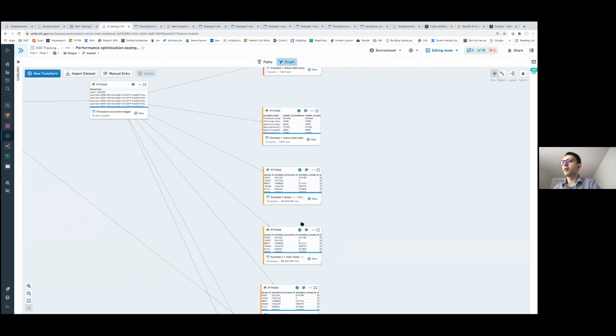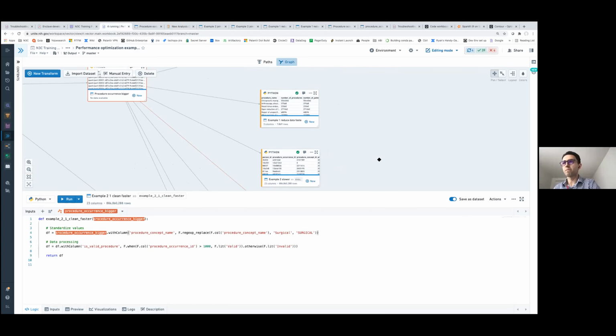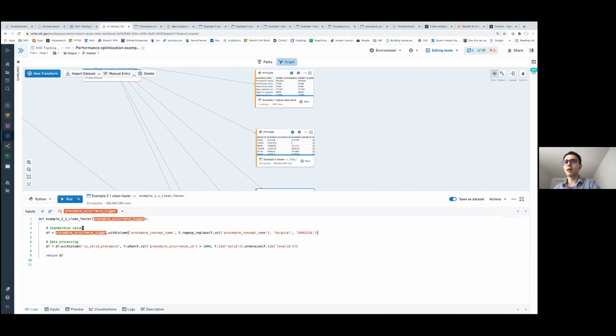This is an example where I'm standardizing the values. I'm looking at the procedure concept name, and for each value in that column, I'm replacing all the surgical values with the capital letter version. And that should basically speed up your runtime.